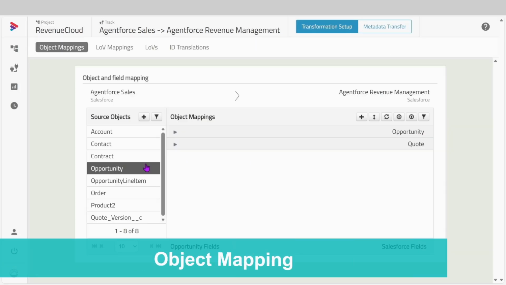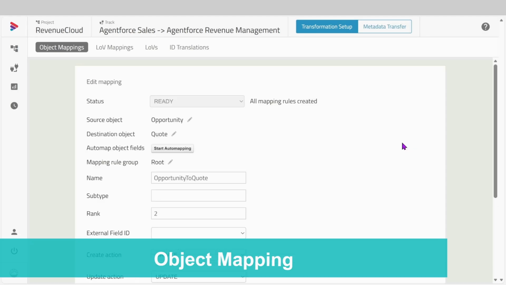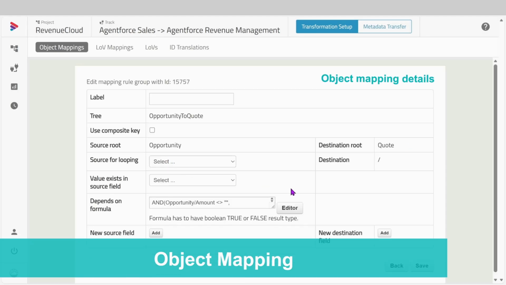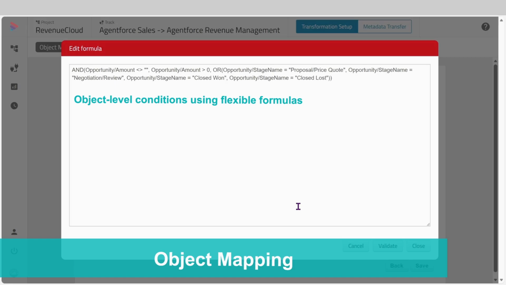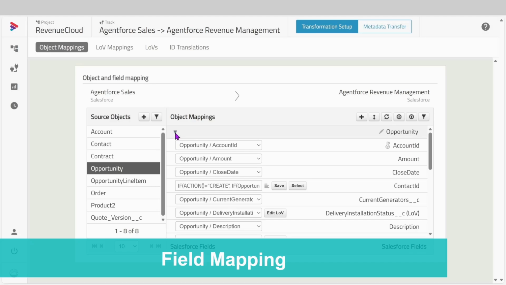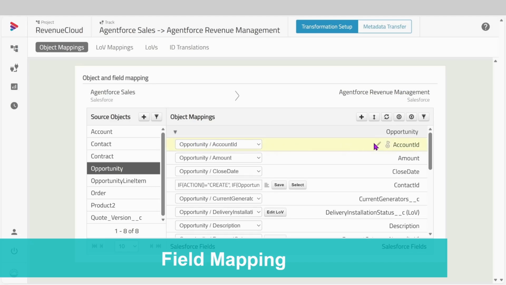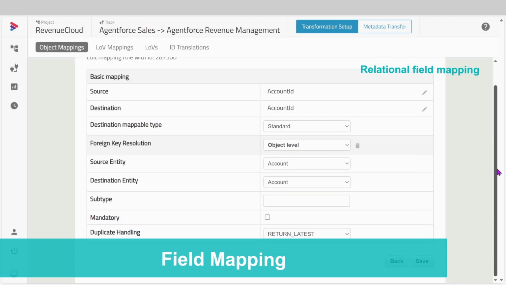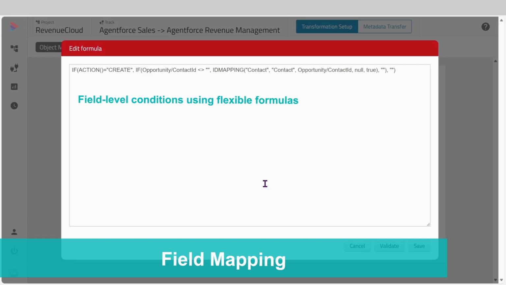Once the mapping plan and destination data model are ready, the object mapping can be set up in CTC. Not only does it support one-to-one, one-to-many, and many-to-one object mappings, but it also allows you to use formulas to build even more flexible mapping rules. Field mapping is just as intuitive. The UI lets you handle all required data transformations, and even relation fields can be configured in just a few clicks. Because the system can handle complex transformation logic automatically, there's no need for teams to manually edit data in Excel. CTC helps level up implementation quality and significantly reduce human error.